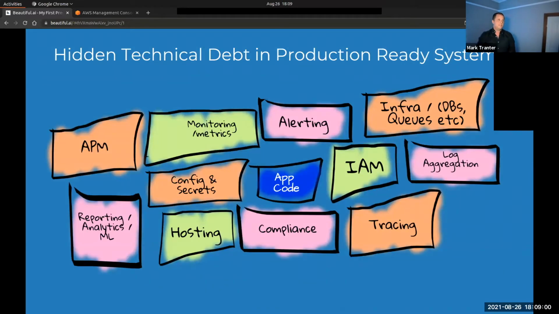That only gives us the bare minimum. So Google published a paper a couple of years ago now called The Hidden Technical Debt in Machine Learning Systems. And they have a really nice little graphic that shows a small black box in the middle. That's your machine learning code, and all of these peripheral concerns on the outside. This is my version of it. This is my poor man's version of this.